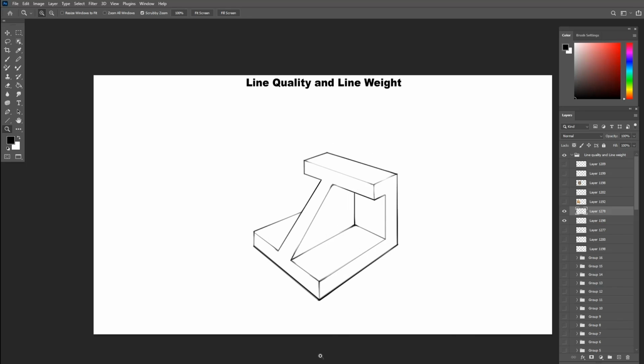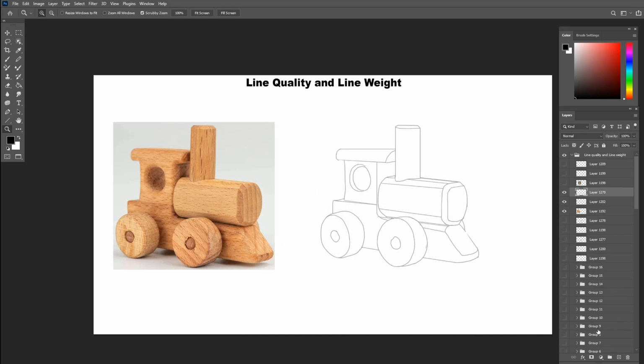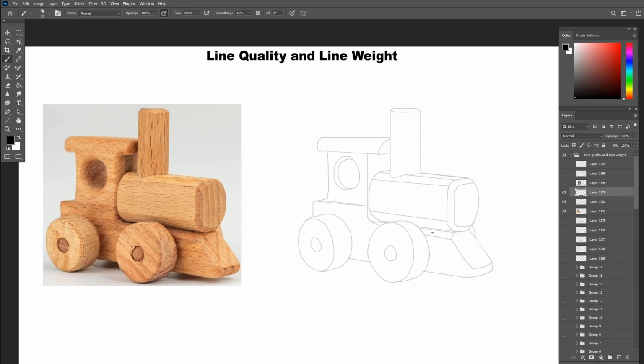Let's move on to another example we did before, a toy train. Let's start adding the thick lines first. Now even though the body isn't on the ground, it still has some thickness for the cast shadow. But the wheels are on the ground, so they will have the same thickness as well. You can make the wheels shadow a bit thicker if you want, but it's okay to make the whole thing at one thickness as well.